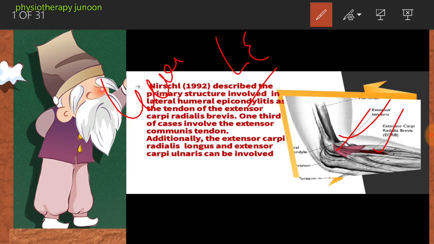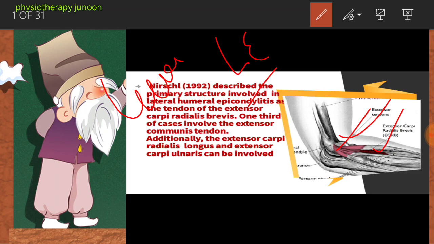Then we proceed to the tenderness part. The tenderness will be elicited over the lateral epicondyle of the elbow in all cases. In chronic cases, pain is also elicited along the proximal part of the extensor muscle mass over the common extensor tendon. In the most pronounced cases, the muscles of the forearm will often feel full and tense on palpation.